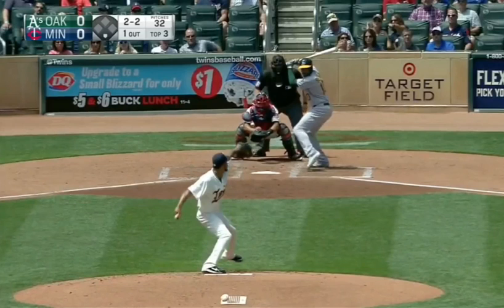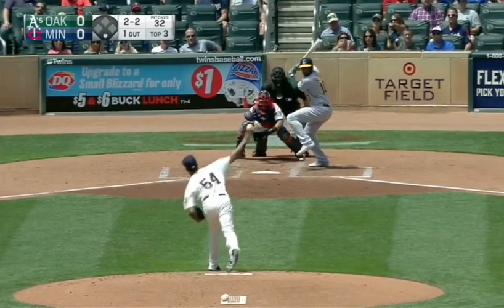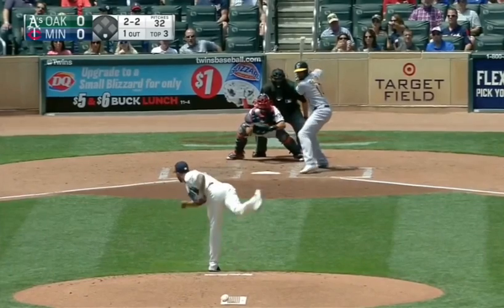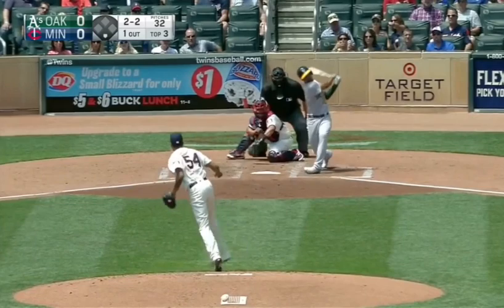So that pitch might be a fastball on one day, your sinker on one day, maybe a curveball on one day, and again, it might be something that is inning to inning. So I think in this game, Santana's really comfortable with throwing that curveball, and on this one, he gets a little bit more loop on it, so again, a little bit more spin, and you'll see that this thing dives down, and it's just devastating to a guy